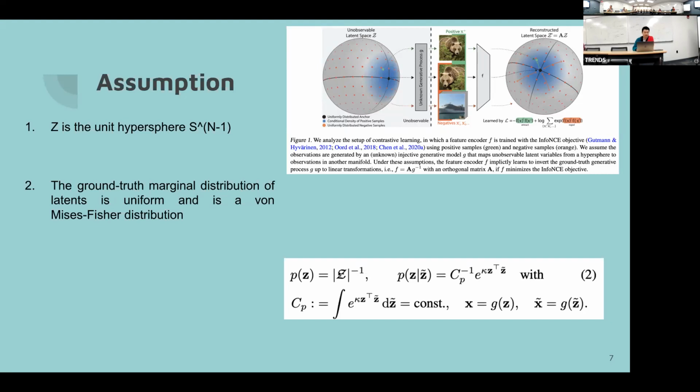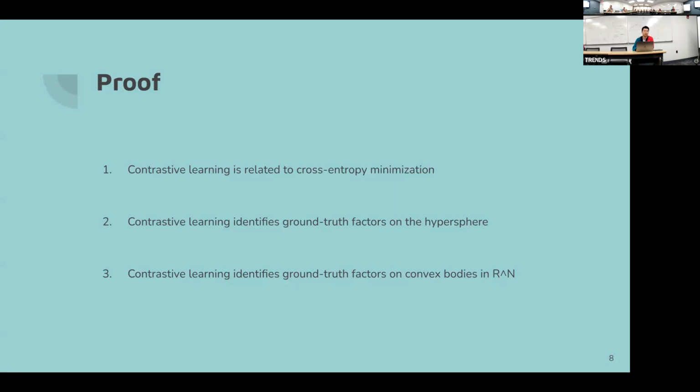These are some basic assumptions they made, and based on this, they're going to prove the following three ideas. First, they will try to prove that contrastive learning by optimizing the InfoNCE, which they will use, is similar to minimizing the cross entropy. And also they prove that this process identifies the ground truth factors on the hypersphere,